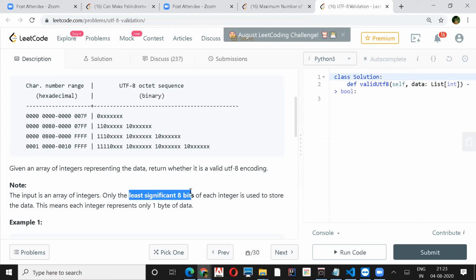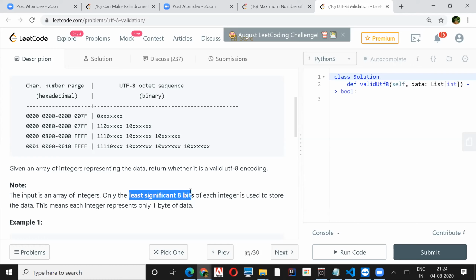So the first thing we do is convert it into binary, and then, talking about the brute force, we check the rules on each number. According to the rule, you convert it to binary, and then check how many ones there are in your first byte.